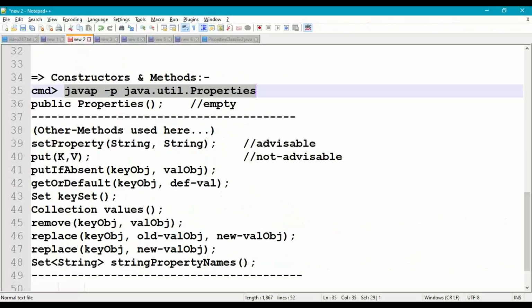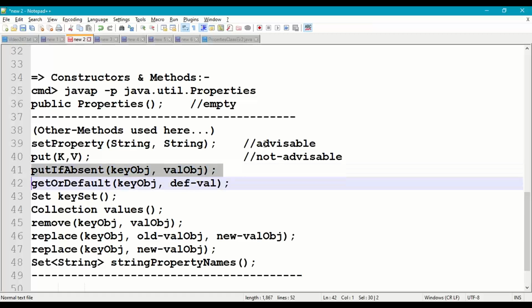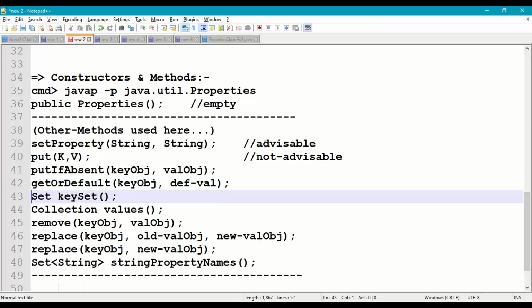And coming to the different methods, we are going to use these methods. putIfAbsent: if the key value pair is absent, it will put it, otherwise not. getOrDefault: we have to pass a key, it will give the value, otherwise default value. We can use keySet, set of keys, values as collection of values, remove key value, replace key old value with new value, replace key directly with a new value, and